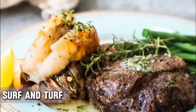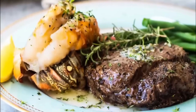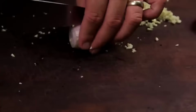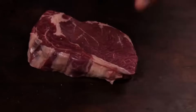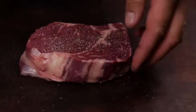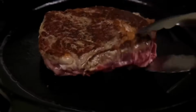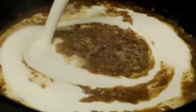Surf and turf really takes the cake for a luxury meal, merging the delights of the sea and land by pairing a succulent steak with lobster. This gem debuted on the American dining scene back in the 60s, quickly becoming the crown jewel of fine dining. There's a bit of a toss-up about who first whipped it up, but it's usually linked to those high-end steakhouses and seafood joints. The phrase surf and turf likely popped up during that era, perfectly capturing the essence of a